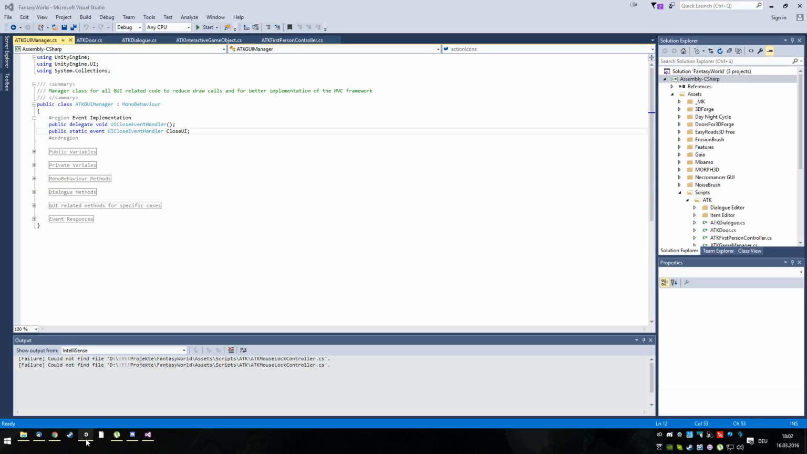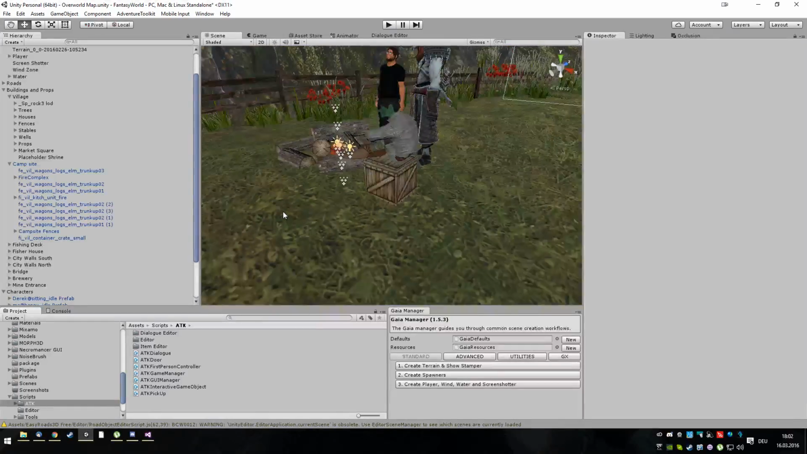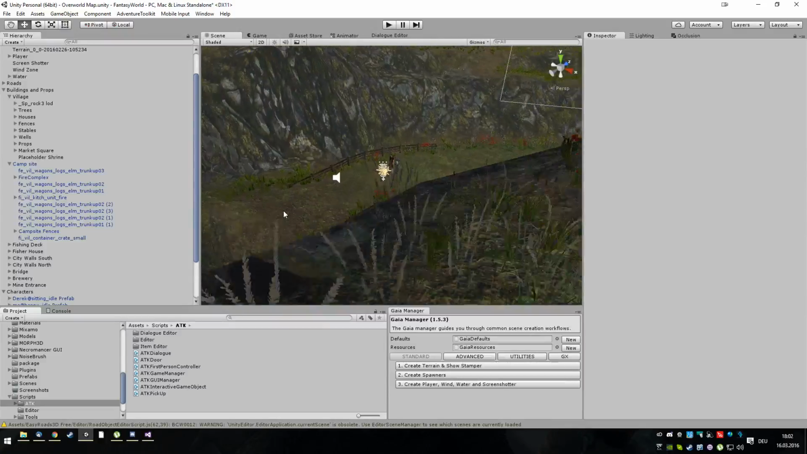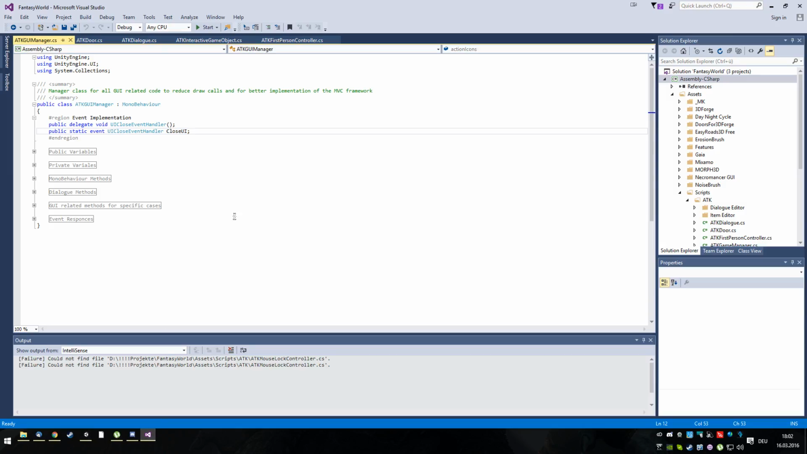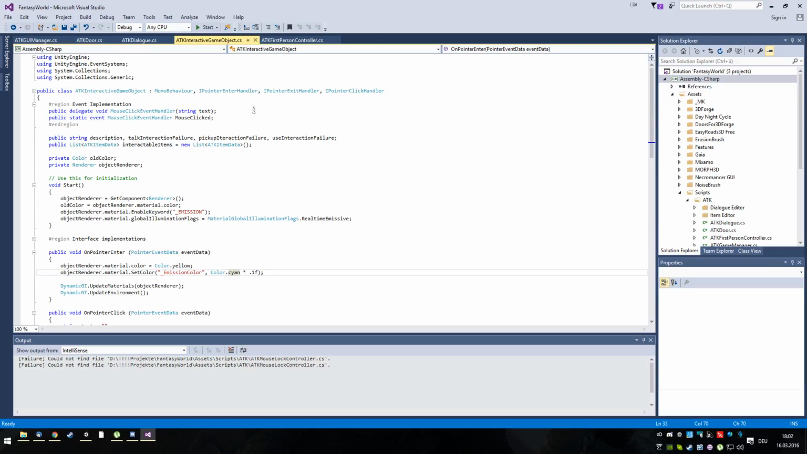And for the evening, I wanted to have a look at the Adventure Toolkit again. And for that, first thing I want to do is sort them all properly into a namespace. All the classes I have in it. And then maybe change the